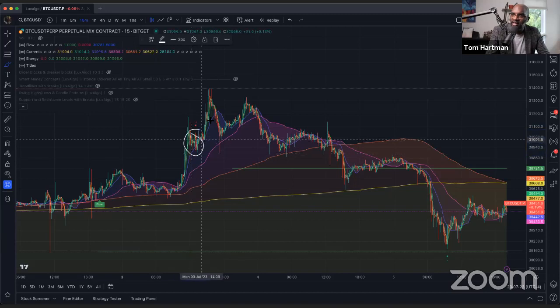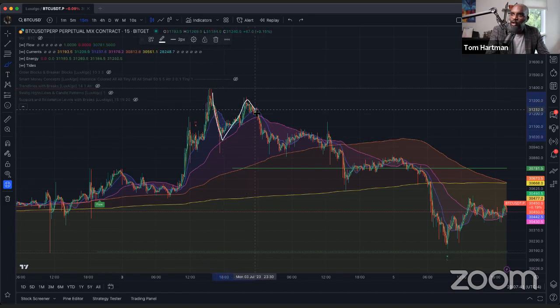Now, I did a short over here. Well, this went up and I would have failed that trade. The trade would have ended. I would have lost money on that trade. But then the question is, it moved up. And if I liked the trade before here, I might still like the trade over here. So I might wait for the price to come down, bounce off the current, come back up. And once it showed this lower high,